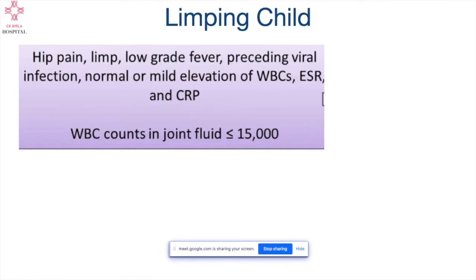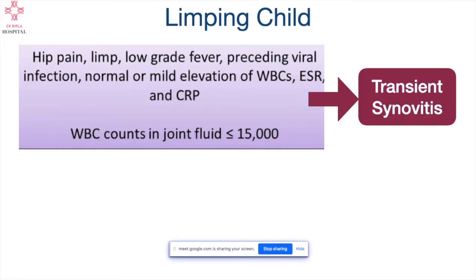So a child with an acute limp, as we see here, it's painful but only mildly painful. The fever is not much. There is a preceding viral illness. So this is a classical presentation of transient synovitis of the hip. Very common in presentation. It mimics septic arthritis, and very commonly you will see pediatricians and even orthopedic surgeons starting antibiotics straight away. So never do that unless the child is really toxic.